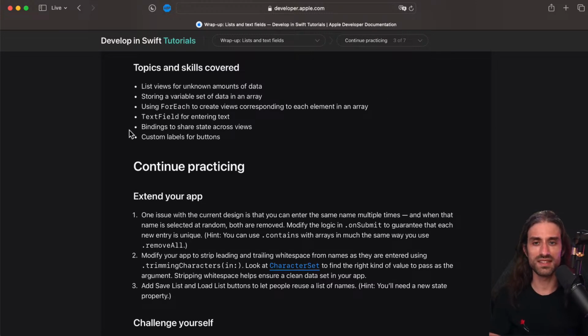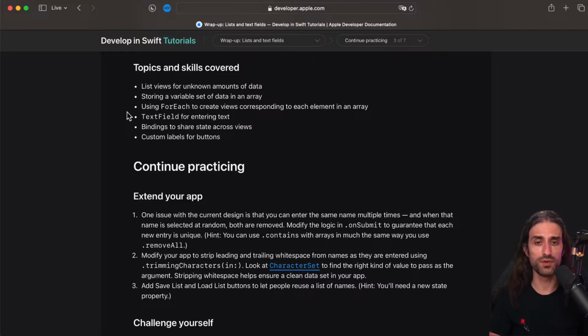So what topics and skills have we covered? List views for unknown amounts of data, so what is also called handling dynamic content. Storing a variable set of data in an array. This one feels pretty natural: once you've understood how to store a single piece of data in an @State property, storing an array in an @State property comes rather naturally, I would say.